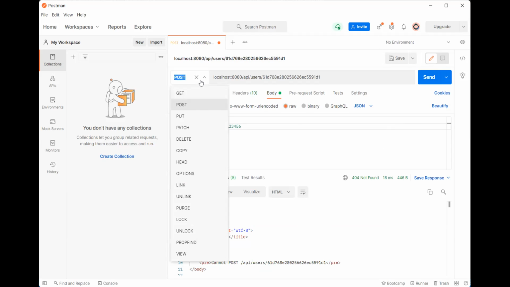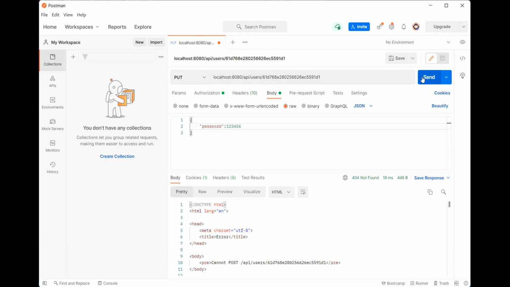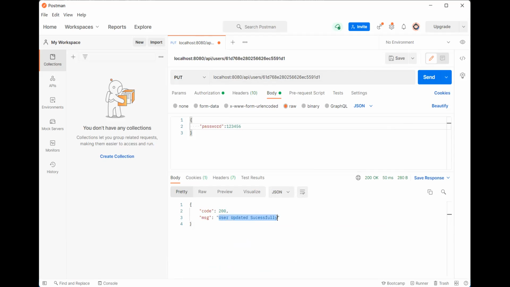Oh, not post, it was put because it was update. It shows the user updated successfully, and if we try to delete another user, such as the user3 we just registered,